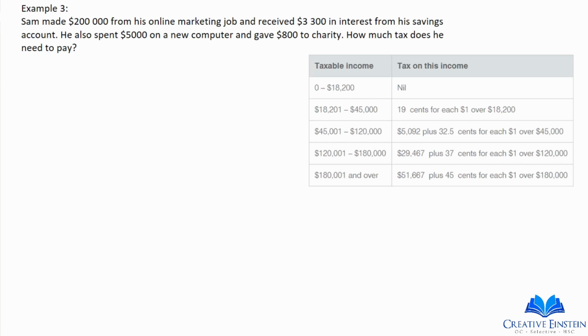Let's take a look at our last example. Sam made $200,000 from his online marketing job and received $3,300 in interest from his savings account. He also spent $5,000 on a new computer and gave $800 to charity. How much tax does he need to pay? So the first thing we need to do is work out his total income. So total income is his $200,000 plus the $3,300 from his bank. So $200,000 plus $3,300 gives us